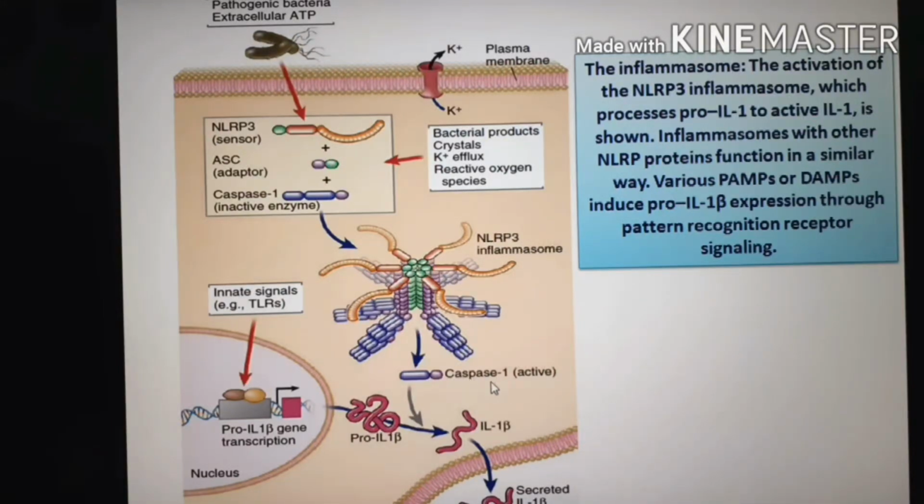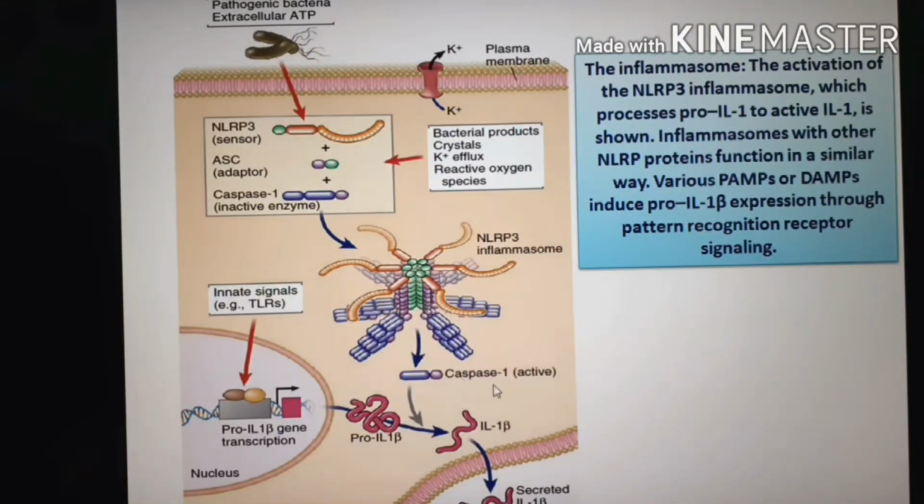This caspase-1 plays an important role. Innate signals from toll-like receptors or other PAMPs activate pro-inflammatory cytokines like pro-IL-1 beta or IL-18. These cytokines, when produced, are in inactive form, like insulin and glucagon. This type of protein is called a zymogen, because when they are produced, they are in inactive form, but after enzymatic cleavage, it becomes active. So caspase-1 at first was inactive, but by forming the NLRP3 inflammasome, it becomes active,